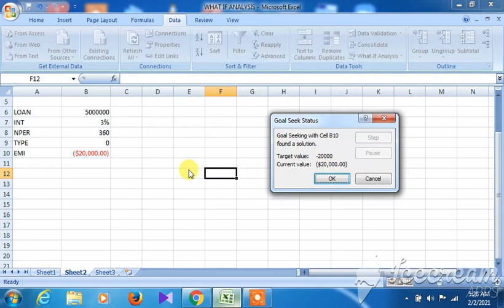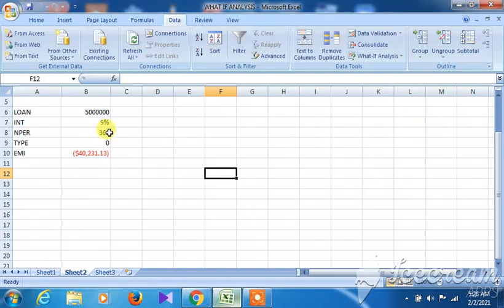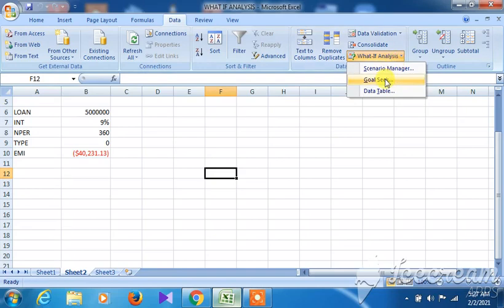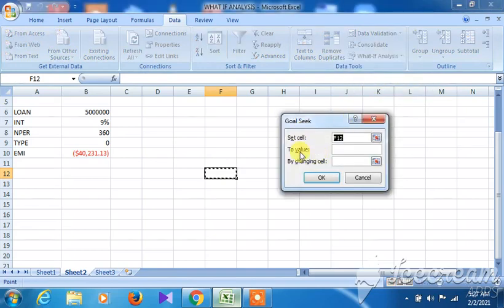Here certain things are there in the Goal Seek dialog box. When it opens, Set cell means what? Enter the reference of the cell that has the formula. Here in our case the formula is in B10, so that's why we entered B10. Once more I am coming to this one. If I cancel, it will go back to the original value once again. So Data, then What-If Analysis, then click over here, then Goal Seek. This is the Goal Seek dialog box. These are the three parameters that have to be worked on.